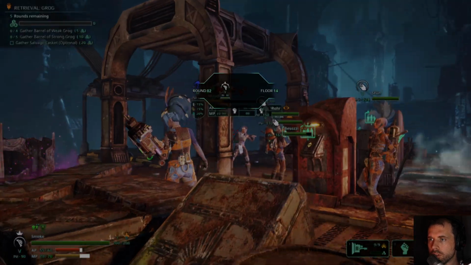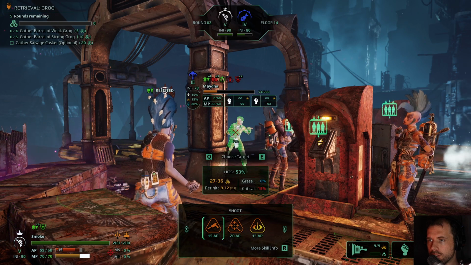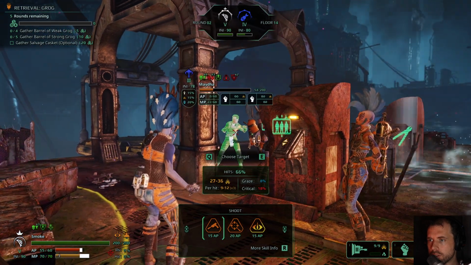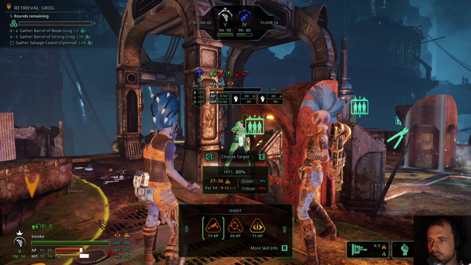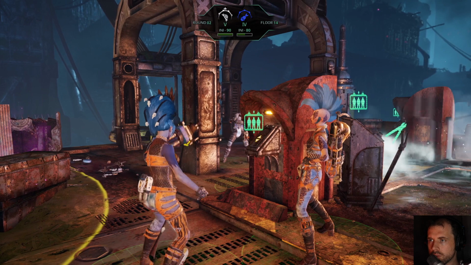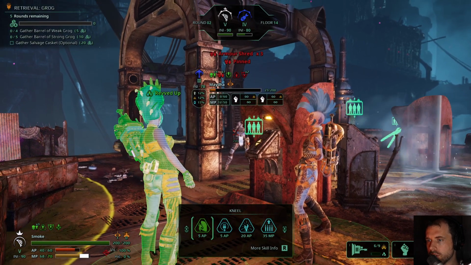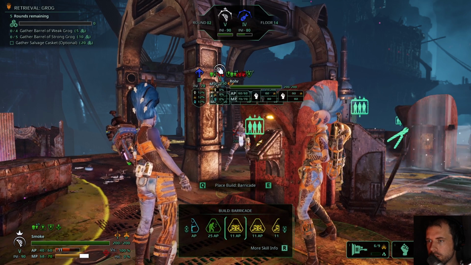Let's go with smoke and let's see if we can do some damage here. Yeah, we'll just go for a straight up shot. Very nice. Don't think we have anything too special to do here. I think it's just going to be...